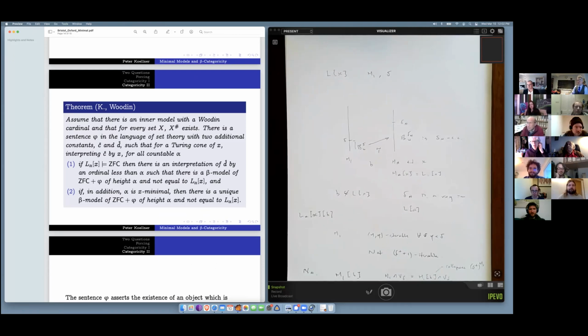I have a question. I was wondering if you could give us some kind of high-level explanation for understanding why there's this bifurcation between the pointwise definable case and the non-pointwise definable case. I mean, in the remarks, in the theorems of Friedman and so on that you were mentioning at the beginning. And why should we expect those cases to be so important for the existence of beta categorical sentences?